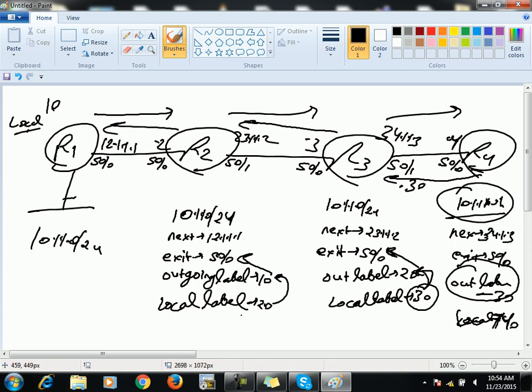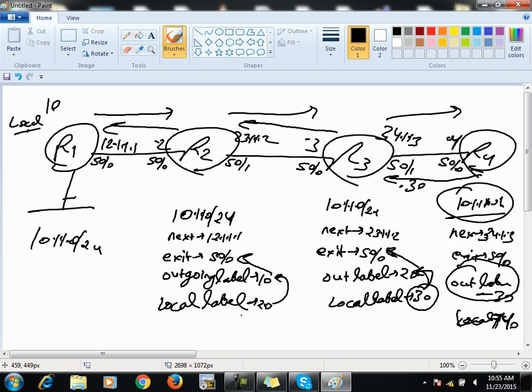So that is why MPLS is more popular, or you can say more beneficial to implement in today's networks, especially at the service provider end. Just think, if you are a service provider with 50 routers in your core and there is no MPLS, then on each and every device you have to implement BGP, and all devices must hold the full BGP table. Otherwise they won't be able to switch your data. So that requirement has been eliminated by MPLS.